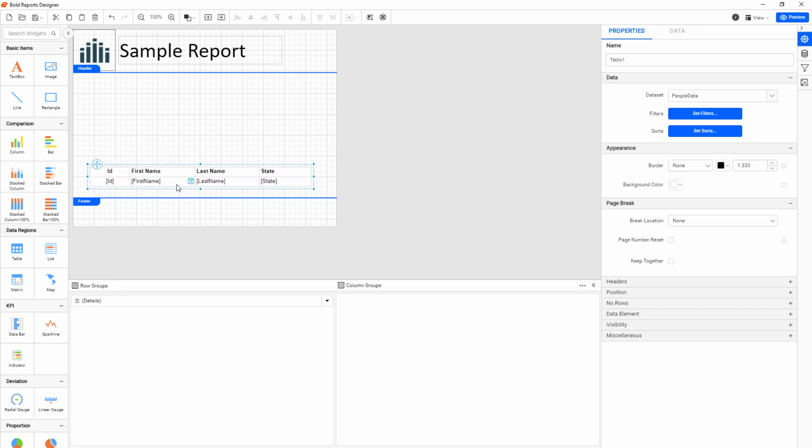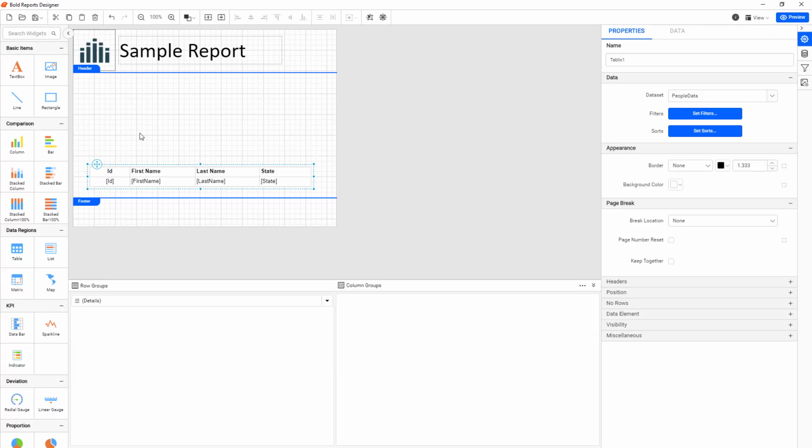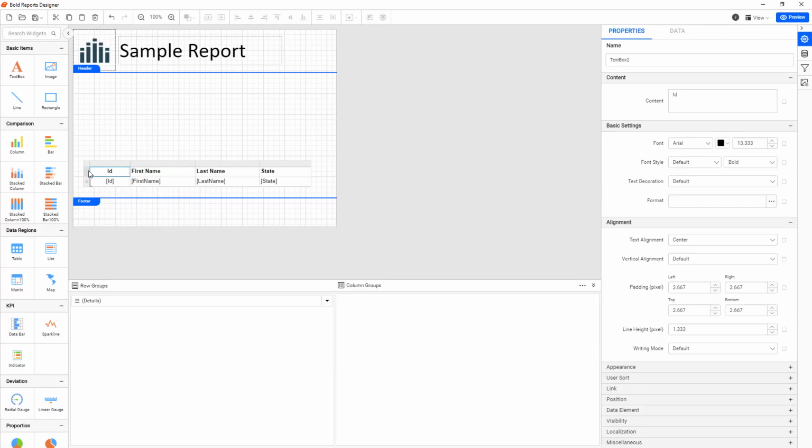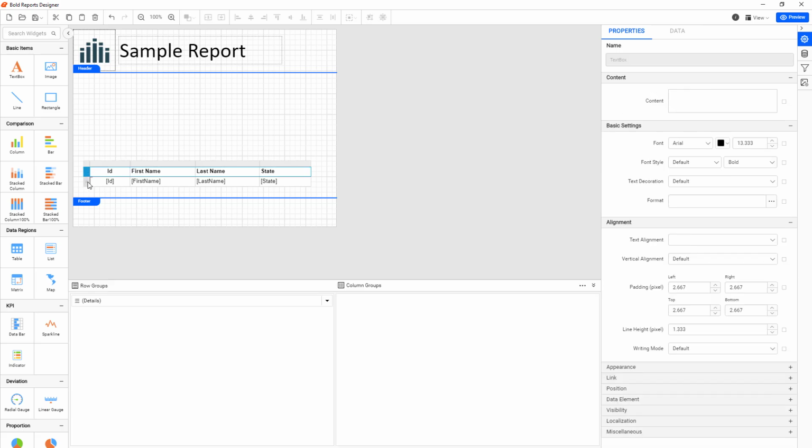So that's putting data on a page. And if we do the preview now, there's our data. Maybe it's a little small, so let's make that a bit bigger. So I'm going to select, let's select both rows. Well, can we do one at a time? Oops, hold. Nope, just one. So let's select the